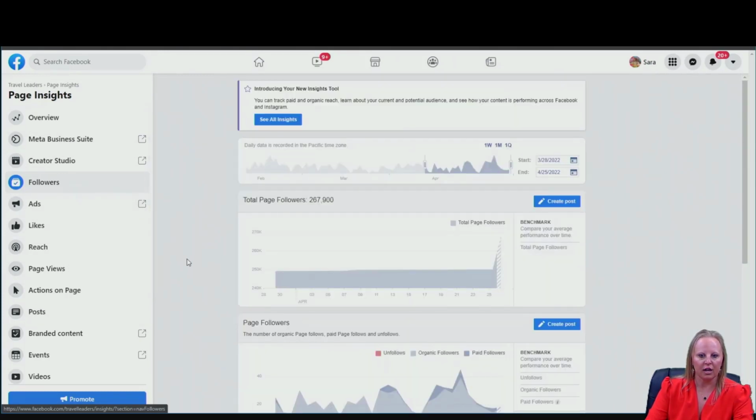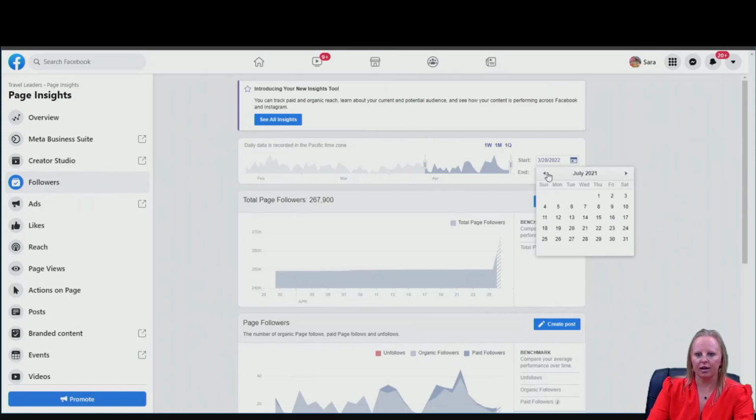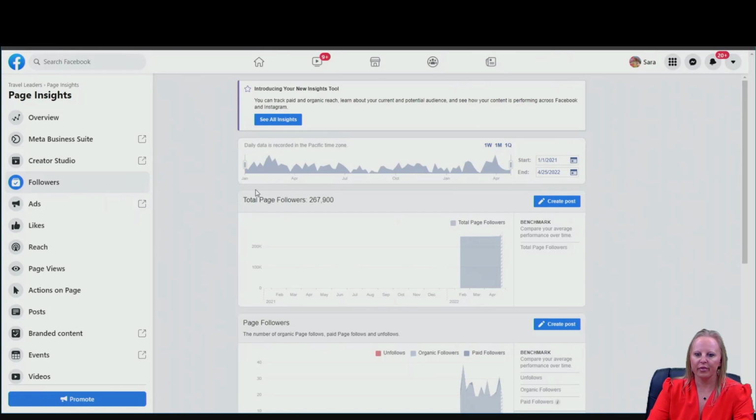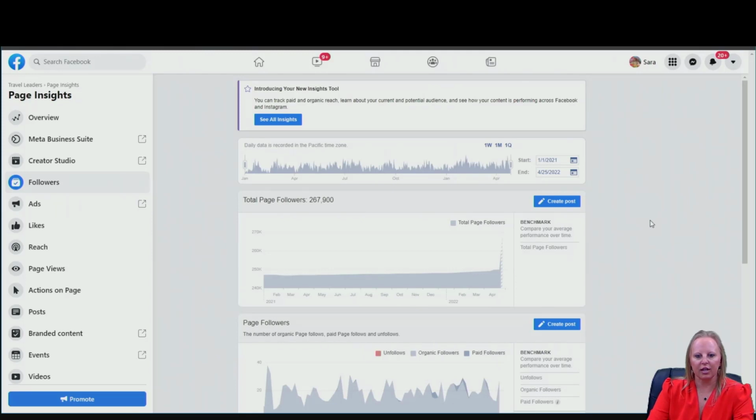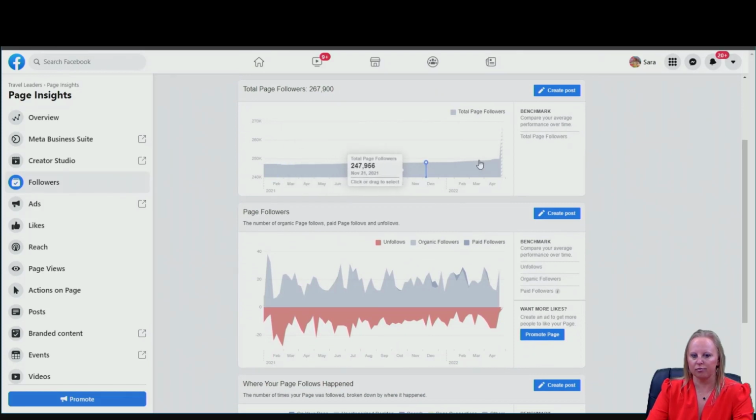You can also dig through here and look at your followers. You can change the date range for what you're looking at. So if I wanted to say, I'll just make it up, let's go since January of 2021 to today's date. I can go ahead and look at, I don't really know why there's a huge gap. Oh yeah, it's populating. So you can look at your following count, total page followers. This has been growing pretty much flat for us, but we did get a little spike right here. So this is great for you to be able to look at things and say, I wonder why we're getting a lot of people that started following us as of this date right here, April 14th, 2022